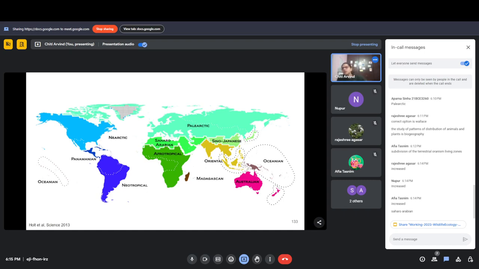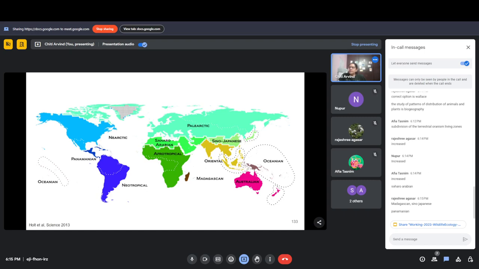Saharo-Arabian. Yeah. So, what was the Saharo-Arabian before? It was clubbed with the Palearctic, right? So if you see, you have Madagascan, you have Sino-Japanese, you have Saharo-Arabian. What else? I can see one more. Panamanian, right? So if you see the part that was in red before, that has been actually split into several